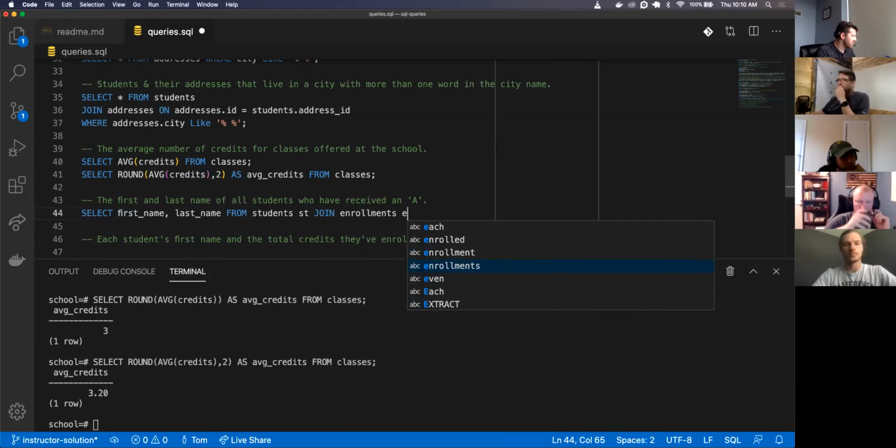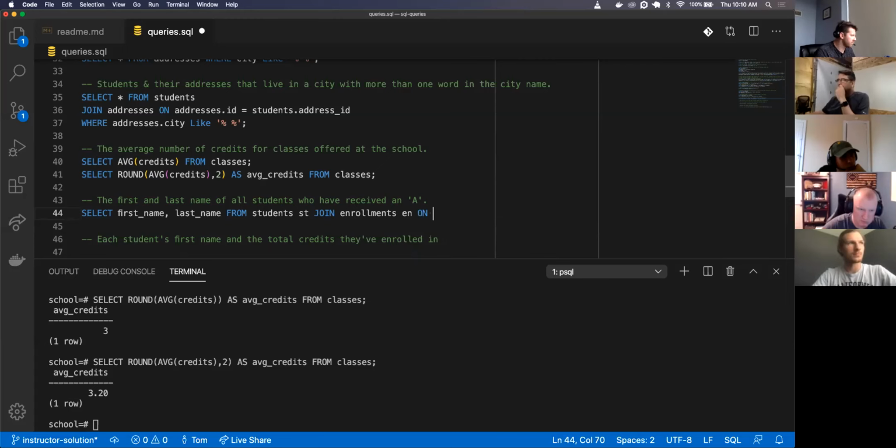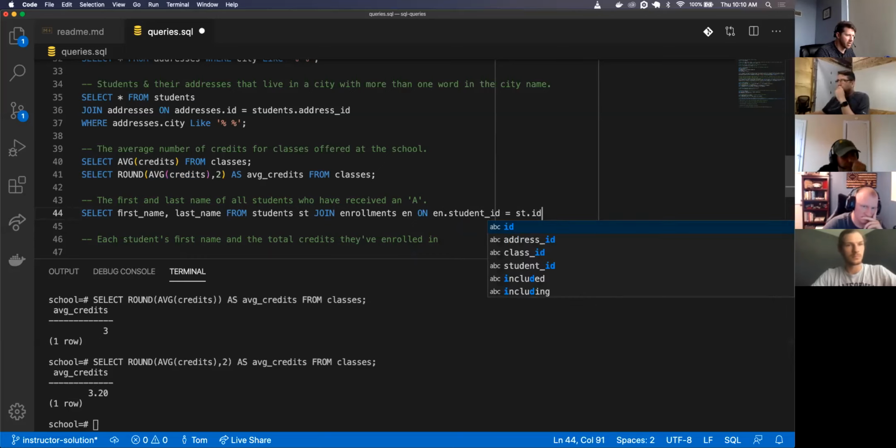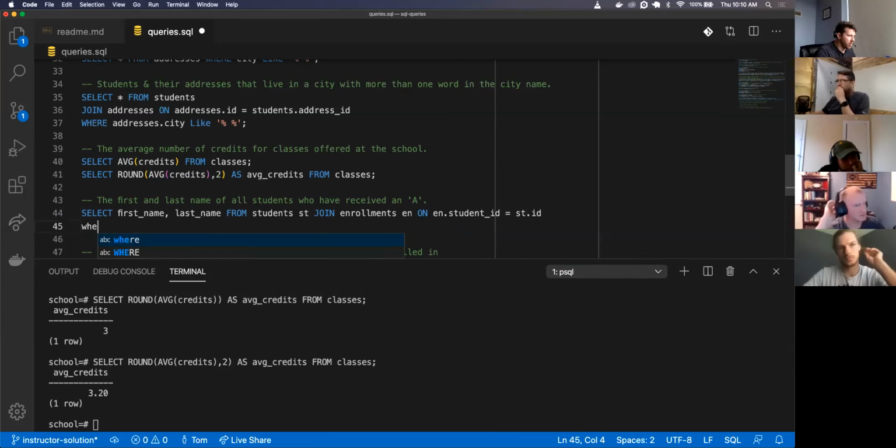You're renaming the students table to a new variable that you can use later in that line as ST. So now anytime you want to say students, you don't have to type out students. You can just type ST as a shortcut. st.id, where en.grade equals A. Yep, that's exactly right.